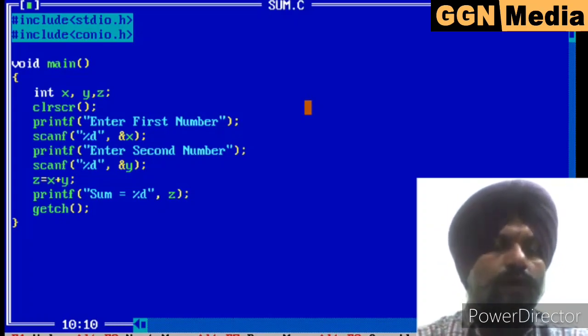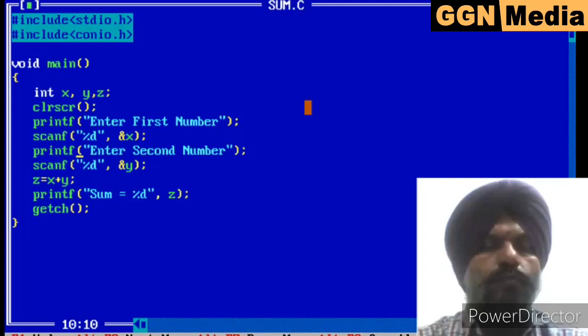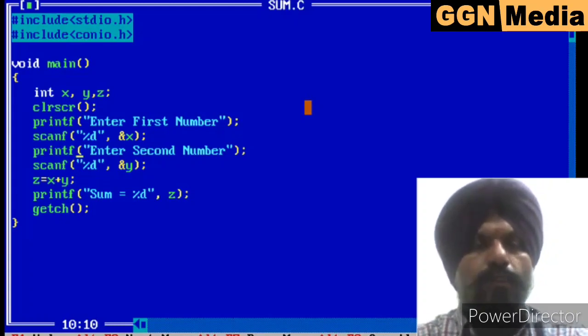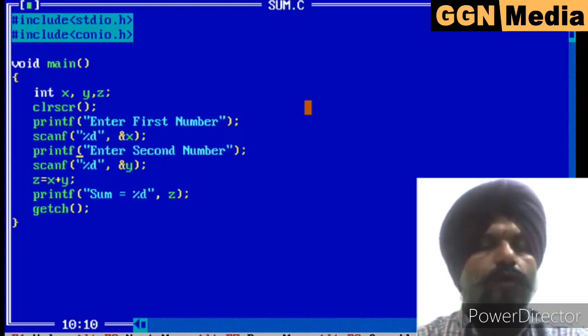Now we will move to our topic, the basic things you must know about the graphic mode. When you write graphics programming, there is something you must write first. After that, you can draw any shape. For this, there is the initgraph function, which is used to switch from text mode to graphic mode. So what is the initgraph function?